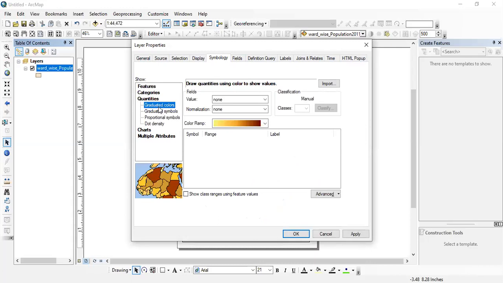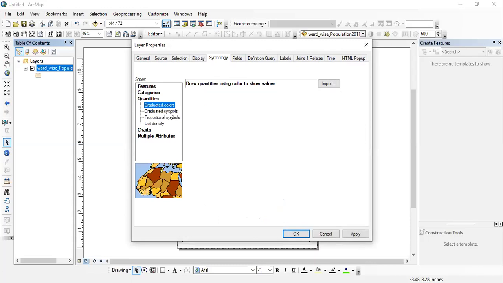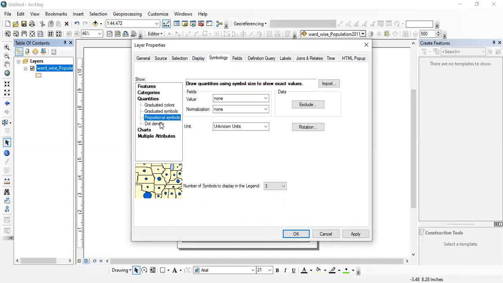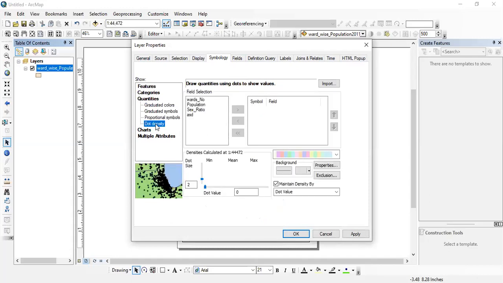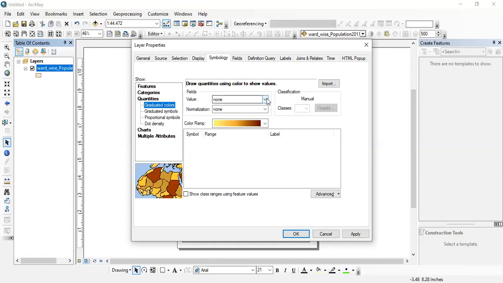Here in quantities, there are many options: graduated colors, graduated symbols, proportional symbols. We can also prepare a dot density map, in which one dot is going to represent some quantity, but we are not going for the dot density method. We are going to prepare the map with the graduated colors.